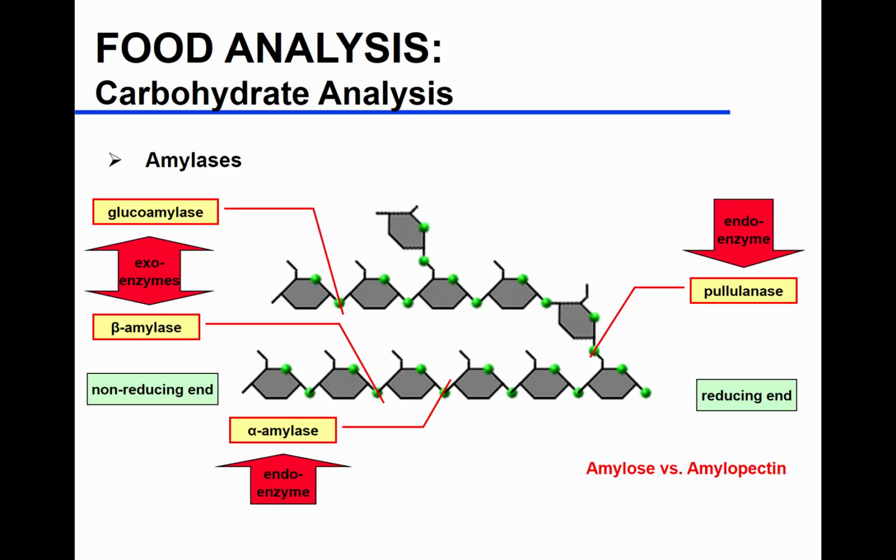So beta amylase is also important, and when we talk about retrogradation and gelatinization, beta amylase becomes an important enzyme because it cleaves 2 glucose units at a time, and that gives you maltose. And that is important later on for a different analysis. So it's good to understand the different enzymes because based on the enzyme used, we can quantify either starch, gelatinized